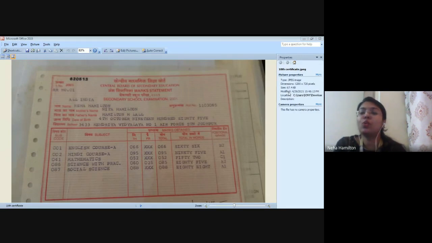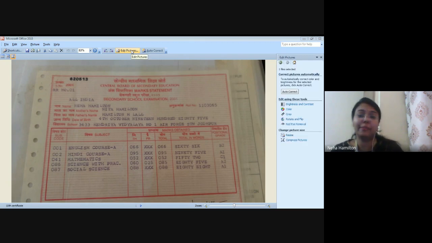Okay. So you can see the size of the picture. It is 67.4 KB. The dimensions of the picture are visible. The type of file, JPEG file, is visible, right? So you can see everything about this picture. Now, I want to decrease the size of this picture. How do I do it?